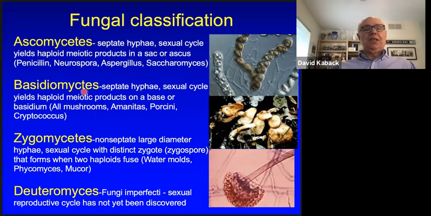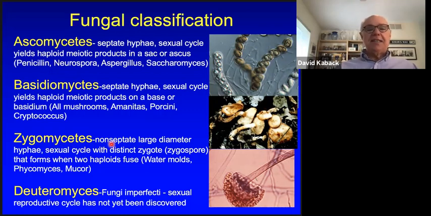In contrast, we have Basidiomycetes. And here, the sexual spores in Basidiomycetes are mostly mushrooms. And the sexual spores can be found on a basidium on the underside of that mushroom cap, shown here. And we'll hear about Basidiomycetes when we're talking about a fungus called Cryptococcus, but we'll also hear about a couple of poison mushrooms like Amanita. But I don't want to forget some delicious mushrooms like porcini or Agaricus, which make food so delicious if you happen to like them.